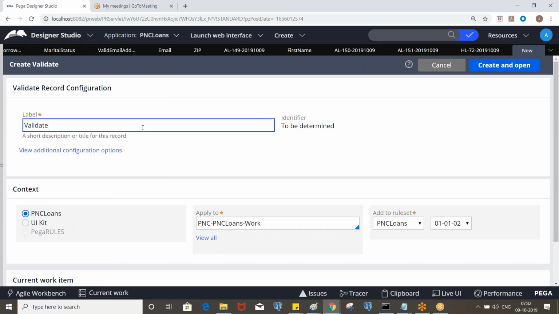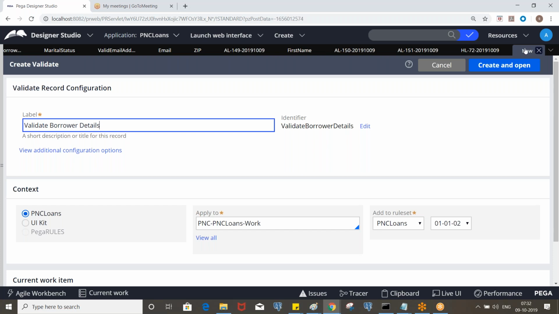Validate borrower details. We cannot put only validate age, or if you are validating only age by using this, yes, you can put it like that. All the fields which are applicable for validation can be put here in this rule.